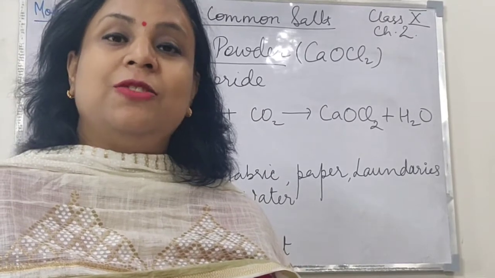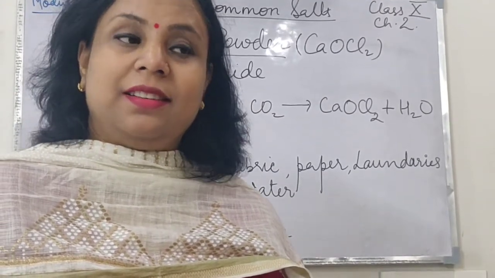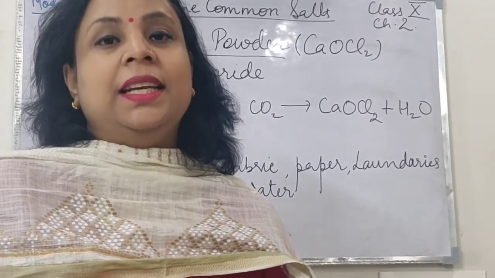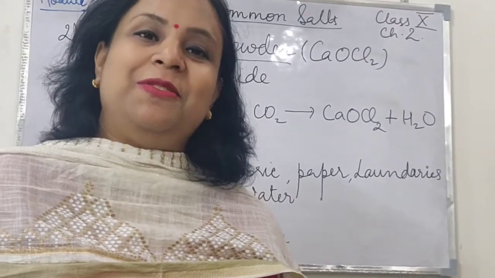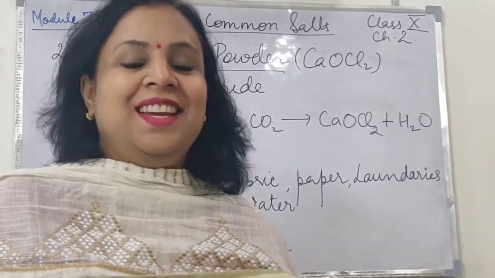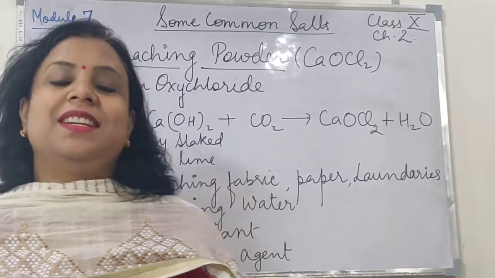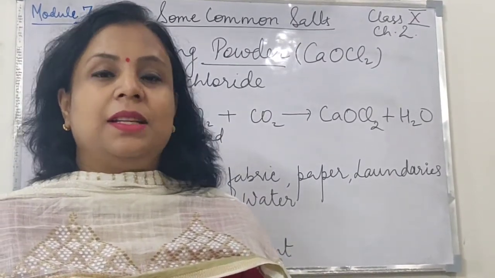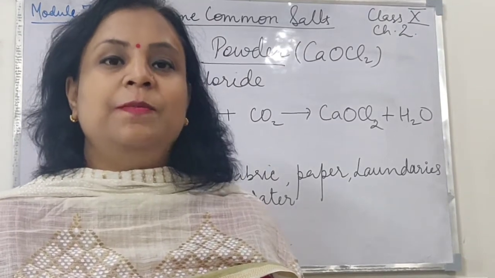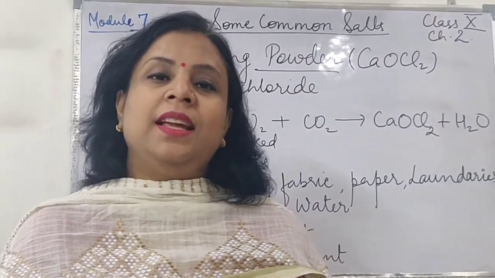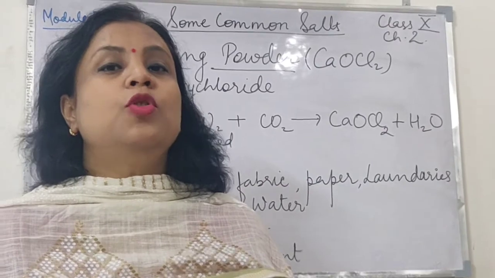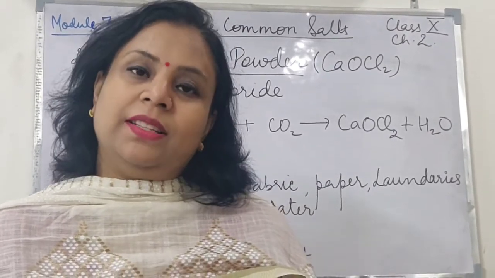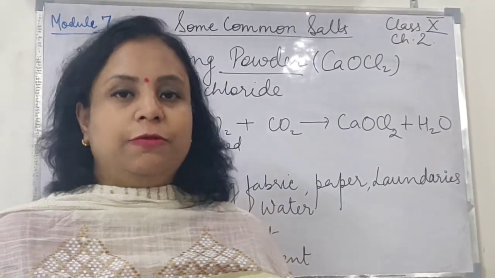test for the presence of acid or base using indicators, some common indicators, and then we had started our journey with the salts. In the last class we studied about the family of salts, the types of salts, acidic, basic and neutral, and how they are prepared, and then we were discussing about some common salts, and we discussed about sodium chloride, the first one.